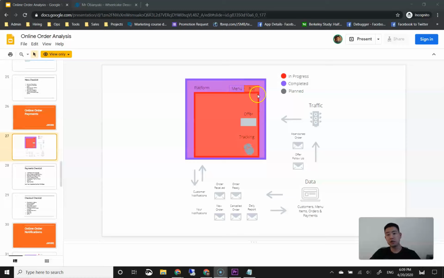Now, in this video, we're going to be working on the payments page. And not only are we going to be working on the payments page, we'll also be working on the transition from the menu page to the payments page. So for example, we want to make sure that the customer has a smooth transition after they finish adding all their menu items to their order, that they actually go to the payment page directly and they have the best experience on the payment page so that we can maximize the chances that they'll input their credit card and finish